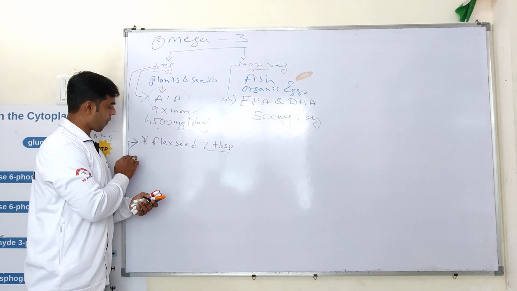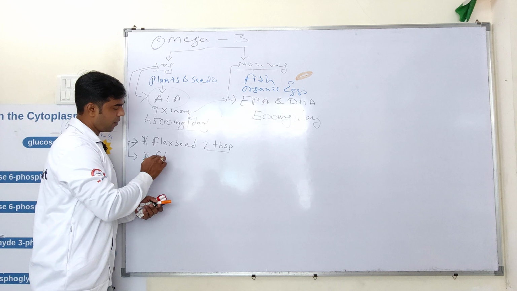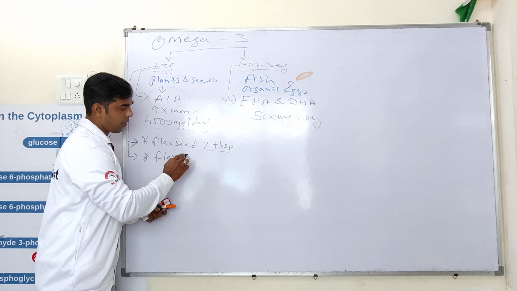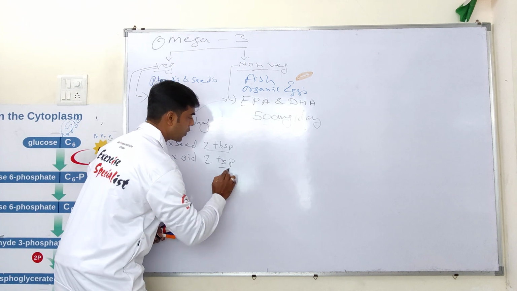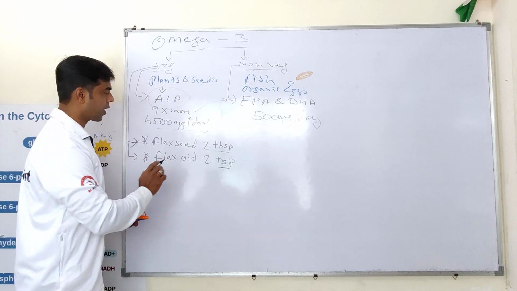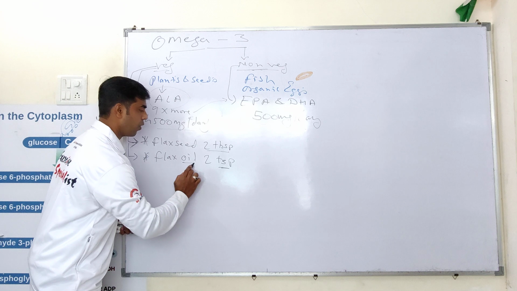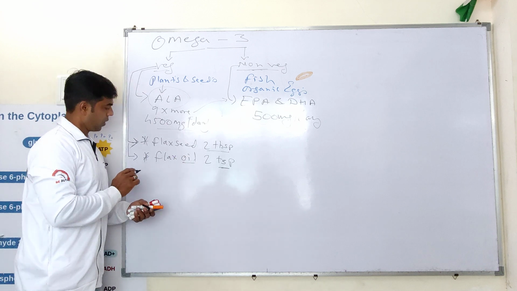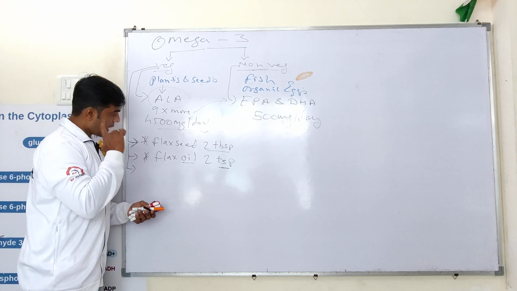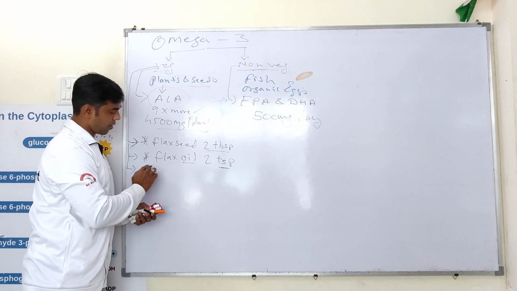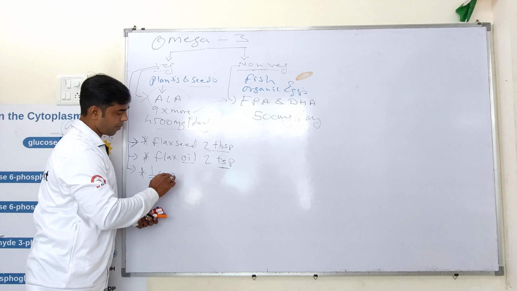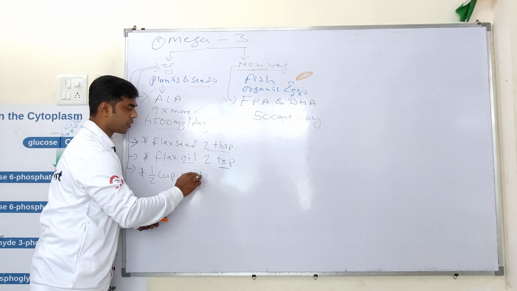And if you are taking flax oil, then 2 teaspoons, not tablespoon, now when you are talking about the oil, right? Then if you are talking about the seeds, half cup walnuts,